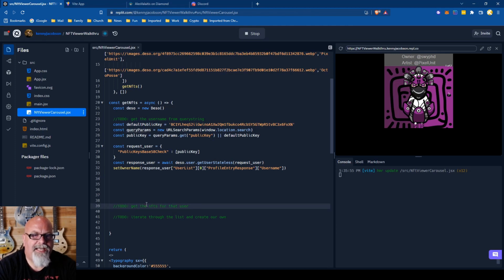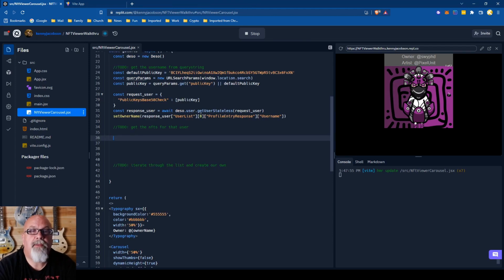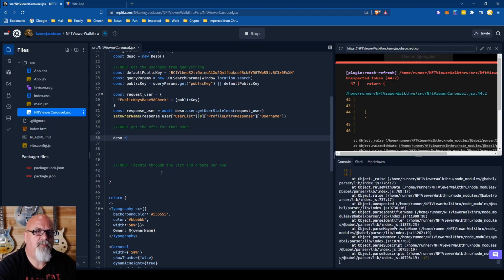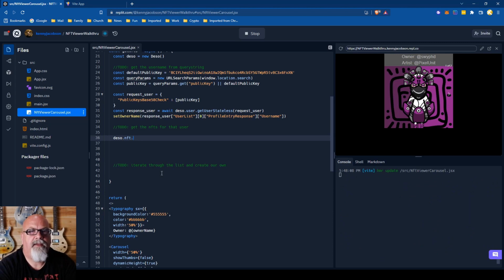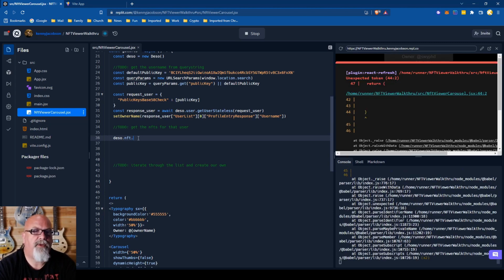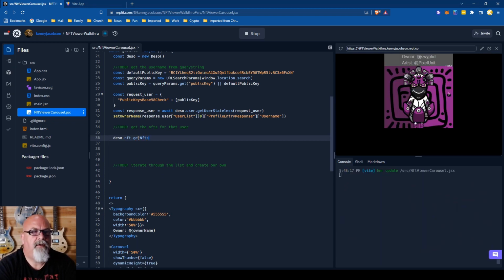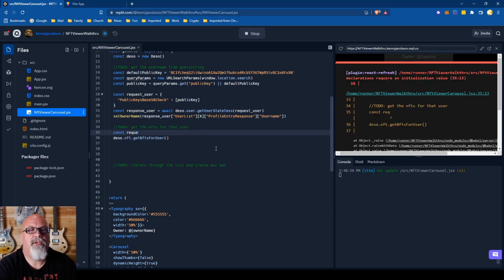Next, we want to get the NFTs for this actual user. So we'll do something similar here in order to get the NFT. We'll start with our DeSo object, and instead of this username space, we'll use NFT, and instead of get user stateless, we will use get NFTs for user. And of course, we'll pass in a request object there. So let's go ahead and create that. We'll call this one request